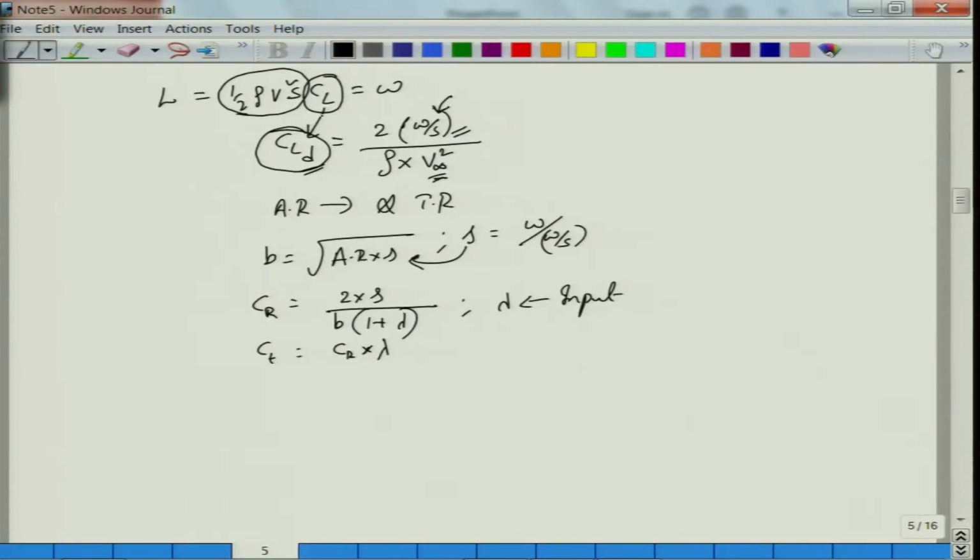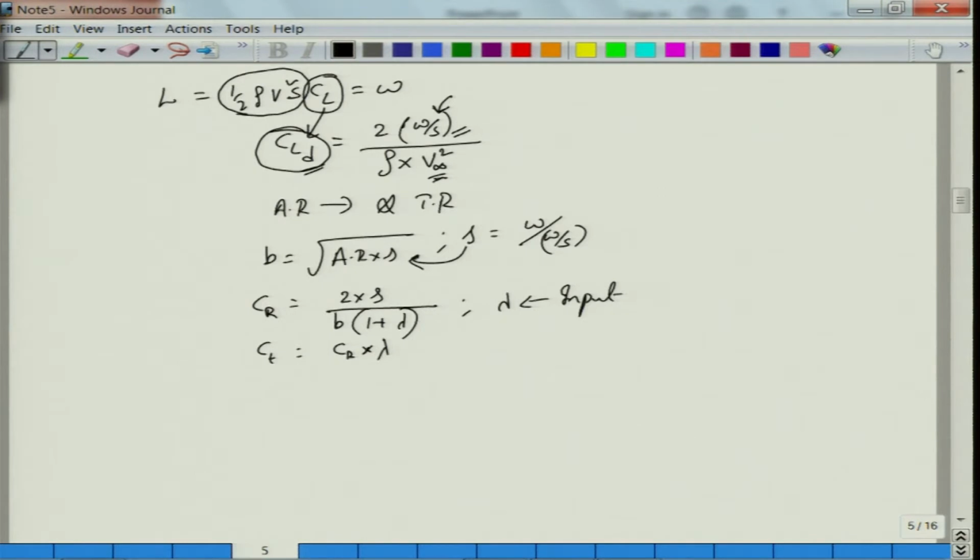The CL varies from 0 to typically 1.2, 1.3 near stall. When you operate at a certain angle of attack where CL is less than 1, it is actually decreasing the overall lift that it will generate. Half rho V square S itself is a force, and multiplied by this non-dimensional term, it gives the total lift generated. So this CL is governed by the cross sectional properties.